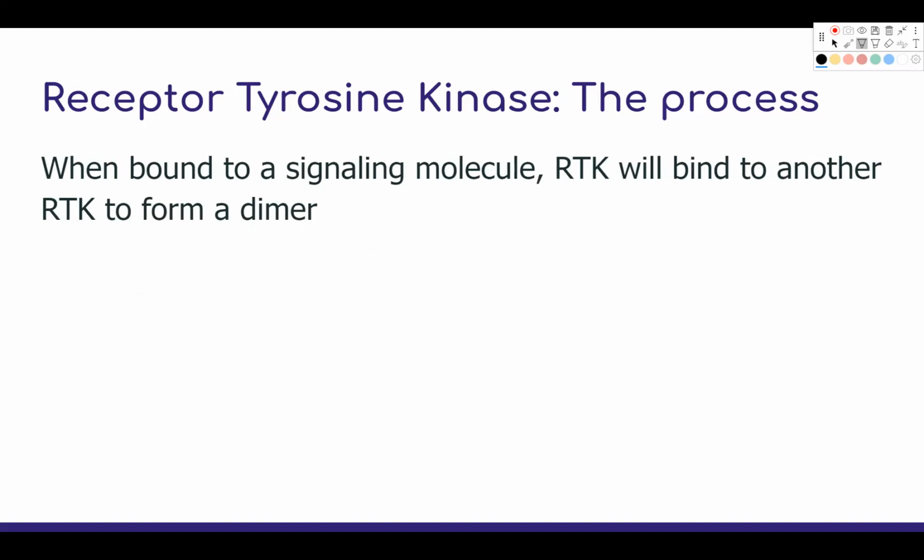Cool. So, when a signaling molecule hits that little binding site, 2 of those receptor tyrosine kinases will actually bond to one another to form what we call a dimer, which is just 2, it's like polymer but 2. So monomer, polymer, dimer is like 2 of them. So what happens is if we have our 2 receptor tyrosine kinases,